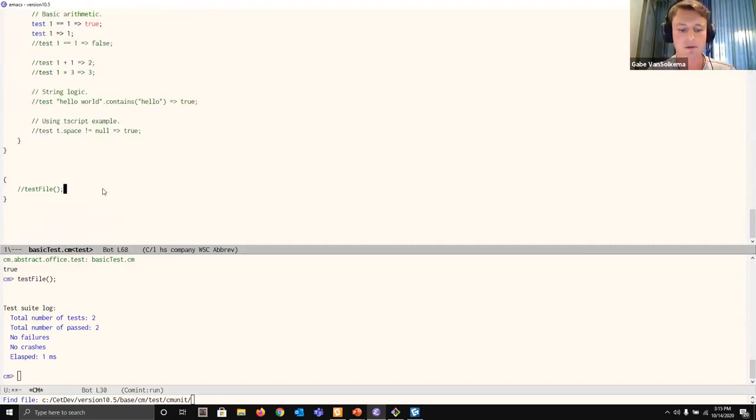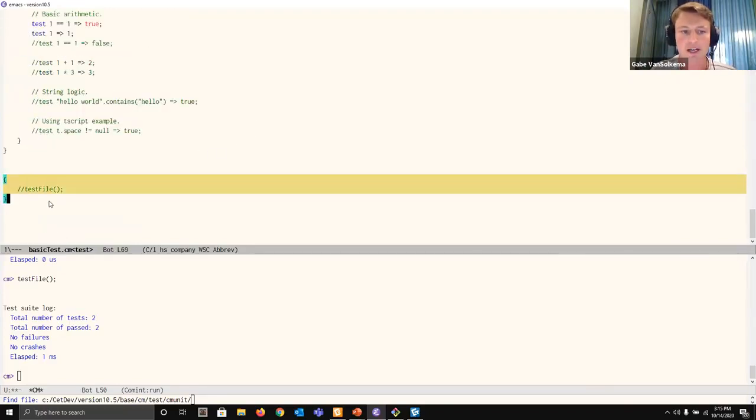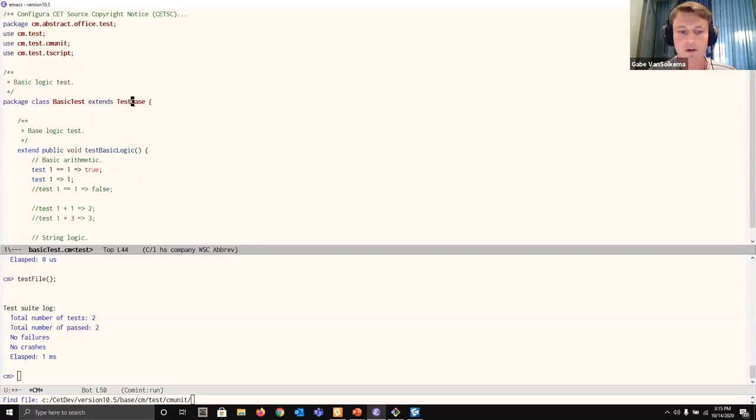Just a heads up, if you don't know how to run a specific file, you can do Control-Alt-Space. That'll actually run a specific line. So that'll run this line of code. If you want to just go ahead and run the file, which will run everything inside of this guy, you can do Control Alt P,